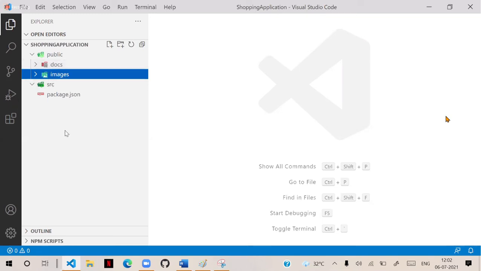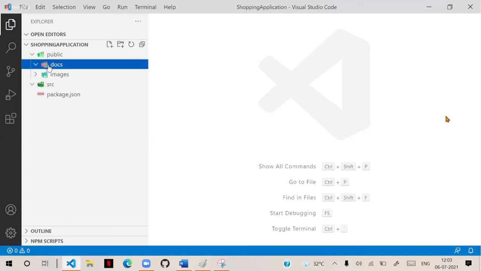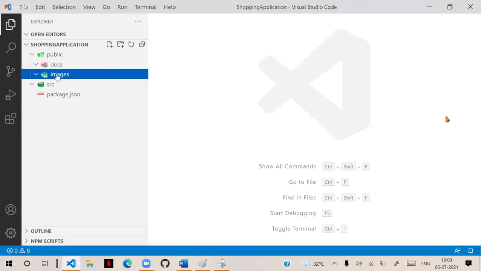Text documents, PDF documents, MP3 files, MP4 files, audio, video files, everything we will keep inside this docs location. And images we will keep in this images location. This is the folder structure we created. That means we can create more subfolders to maintain and configure our repository, our file system, correctly.